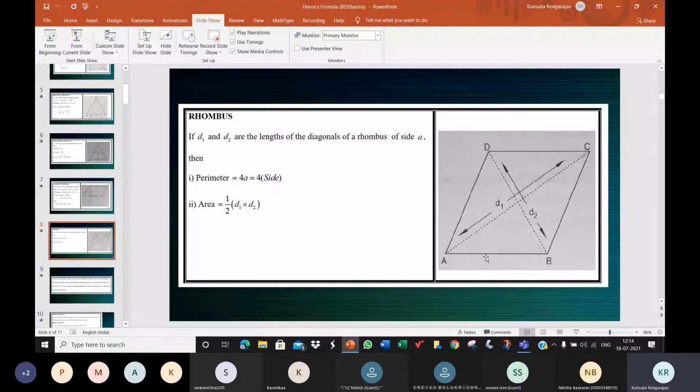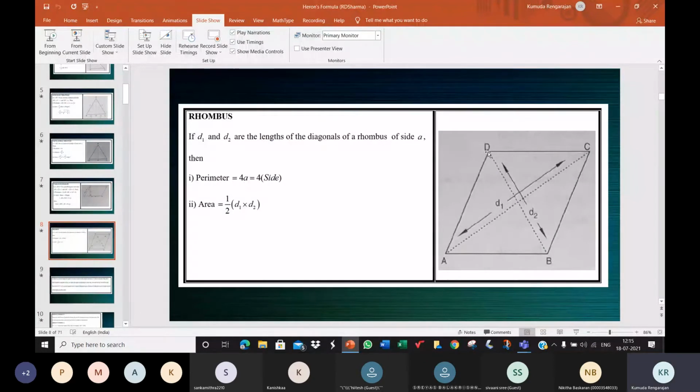Now, when you consider the side AB, this is a rhombus. The altitude to this side falls from the opposite vertex. In this case, altitude is nothing but the distance between the two parallel sides. The parallel sides are AB and CD. Now this is the base. Altitude will fall from D. It can also fall from C because to the side AB, C and D both are opposite vertices.